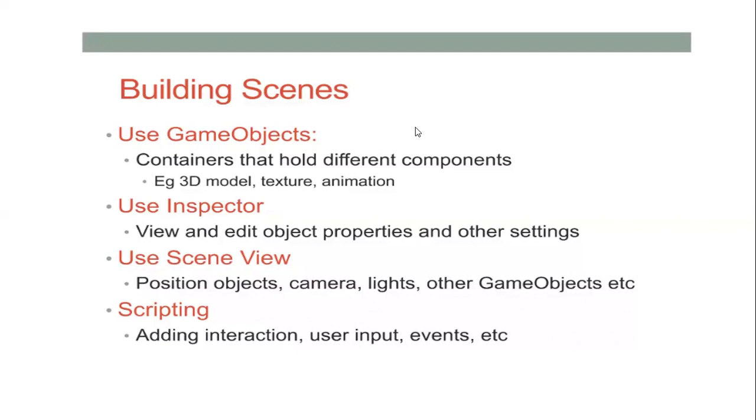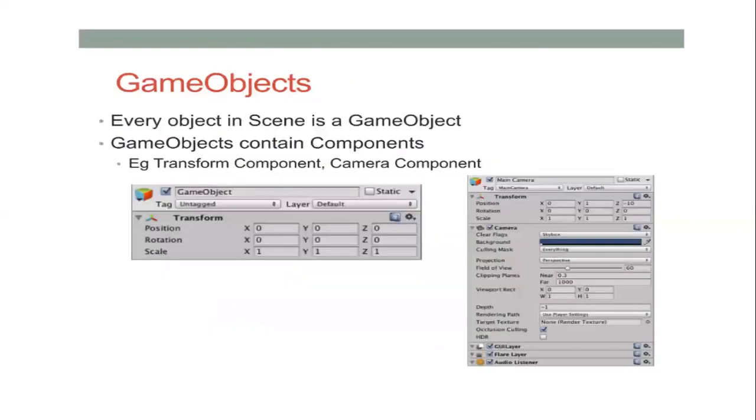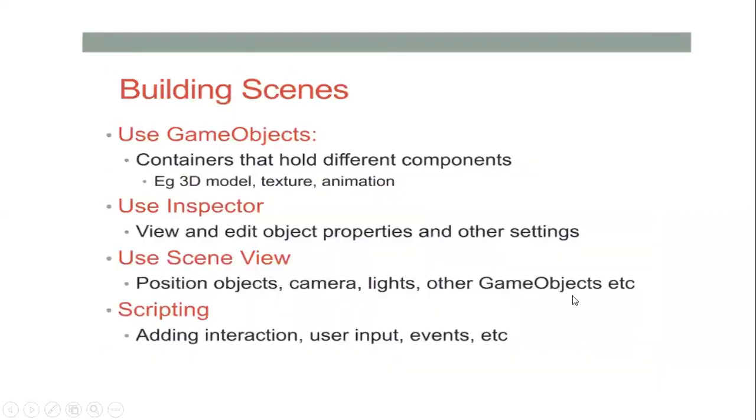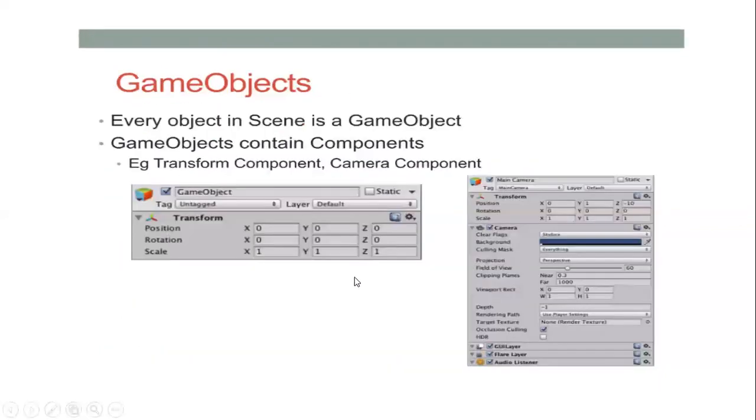So the next thing, after building scenes: what are the things you can see in the game object? Every object in the scene we call a game object. You should not say it's just an object. You have to be very specific: I am using an object in the scene, and we call it a game object. And what components does the game object contain? This is an inspector page. You can see here what fields are there. I have enlarged it for you and kept the screenshot for the same.